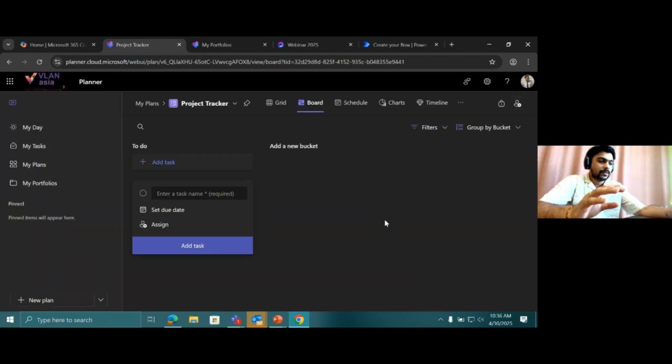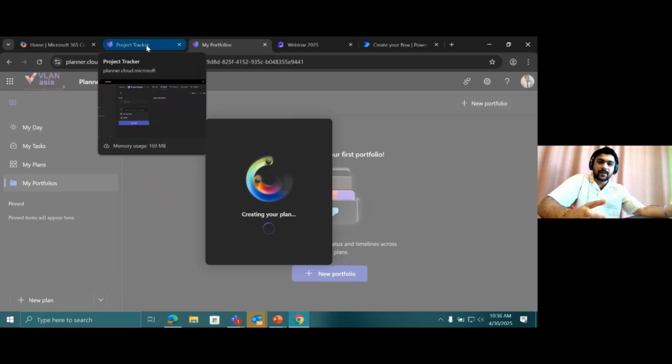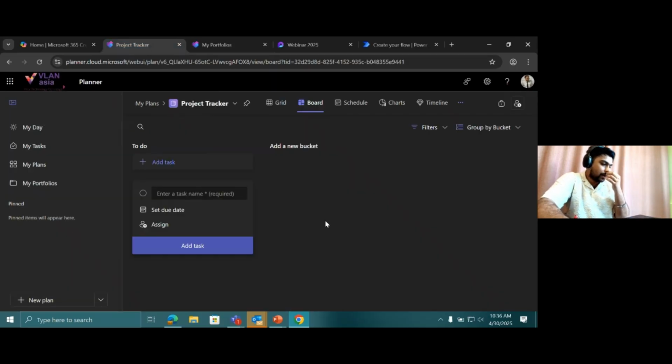So you can see when it's basic, it can be created as soon as possible, right? But when it comes to a template, it takes a while. But it's not that my laptop is hanging or the app is not working. It's not like that. It basically takes time because they are predefining everything inside there, so it will take plenty of time. So we'll just move on and look at our basic